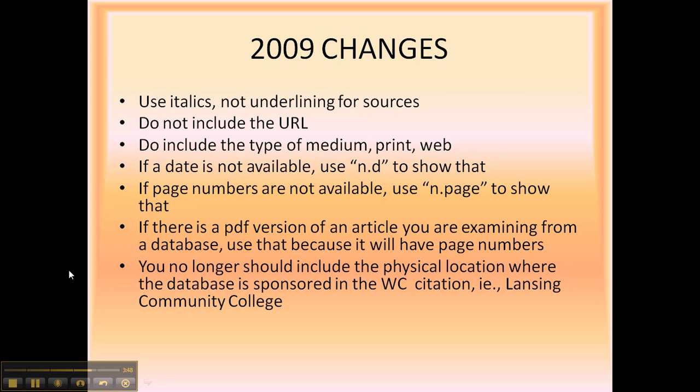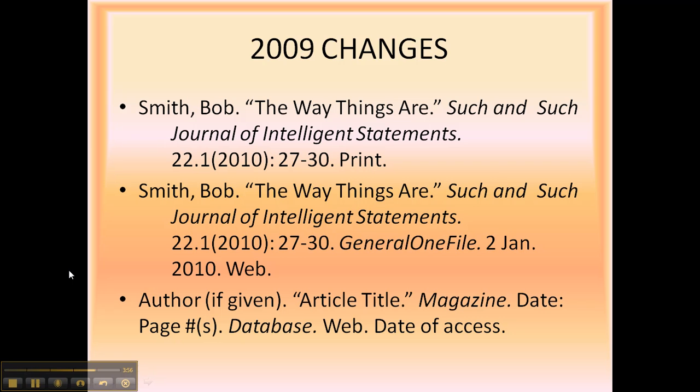You no longer should include the physical location where the database is sponsored in the works cited citations, for example, Lansing Community College. And here's some examples. The first one is a print source. Obviously it says print. It shows where italics is used to show that it's the title of a journal rather than